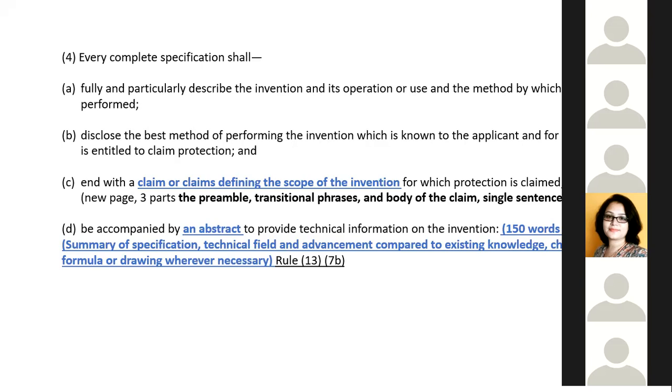But if I make the abstract more than 150 words, will the controller reject some of the words, or do we have to pay an extra fee to increase the number of words in the abstract? None. There is no provision to increase the words in the abstract. The controller straight away says to make your abstract 150 words. You amend your